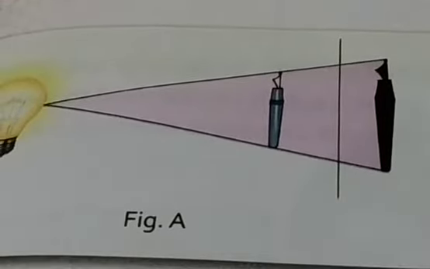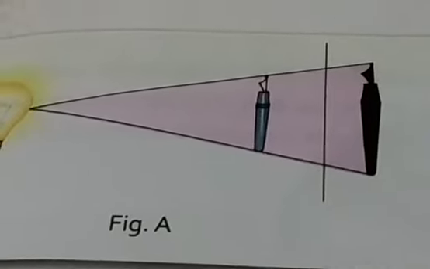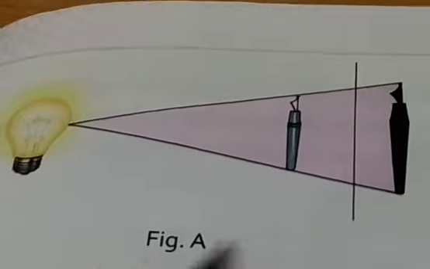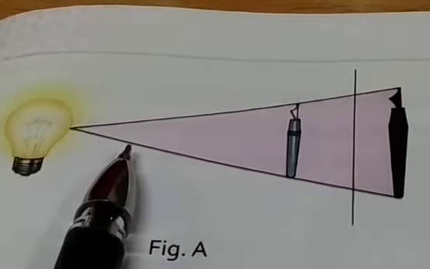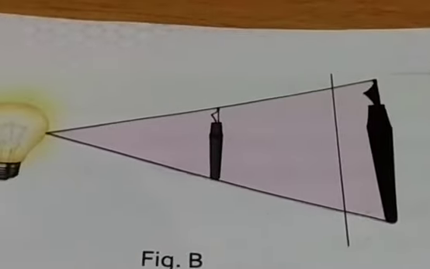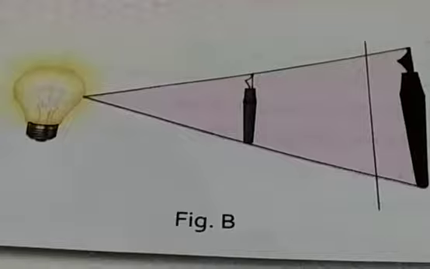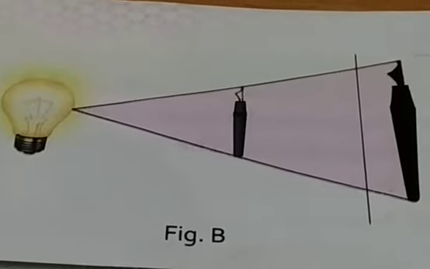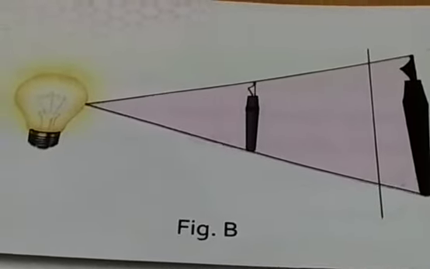Move the object towards and then away from the source of light. First you start playing. As you play, you can take this pen front and back. You just see what happens there. A dark shadow is formed on the wall. The shadow becomes bigger when the object is moved closer to the source of light.